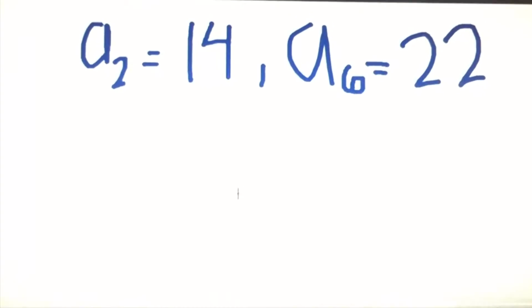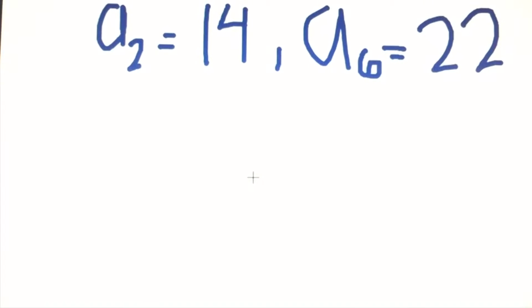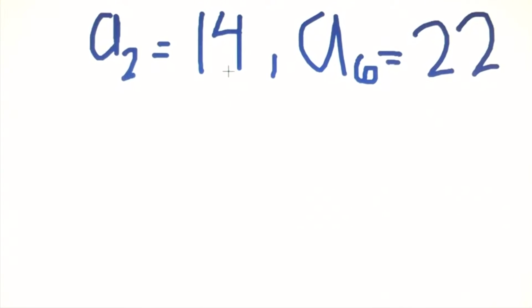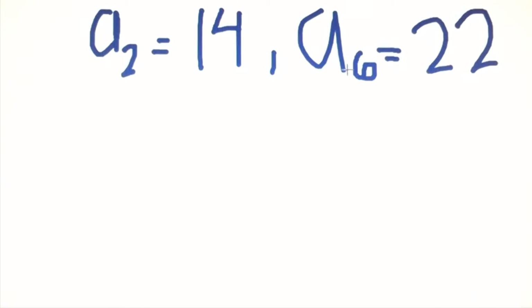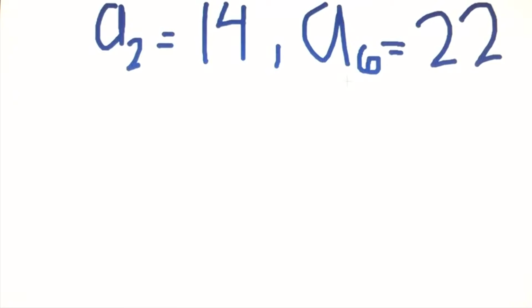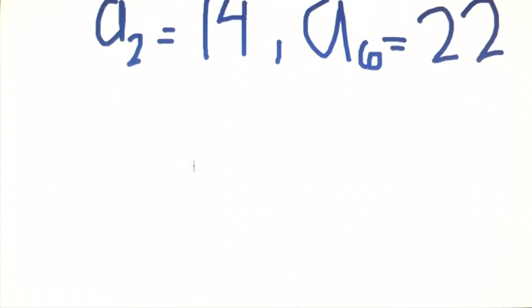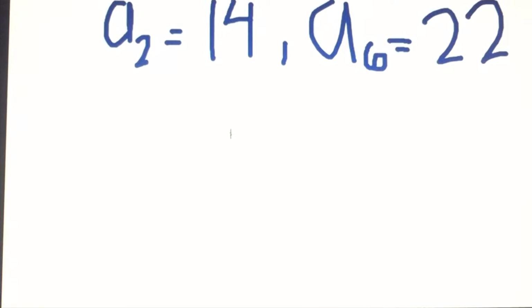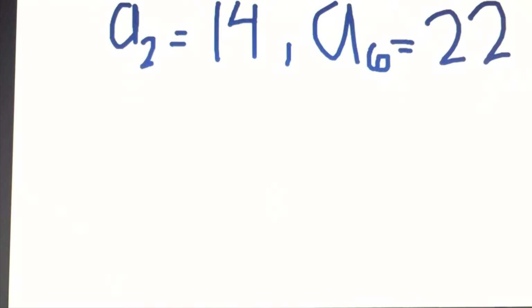The first equation is going to be for arithmetic, and the equation is a of 2 equals 14, a of 6 equals 22. And so the key points that you are trying to find are a of 1 and a of n. So the first step that we would do is write 22